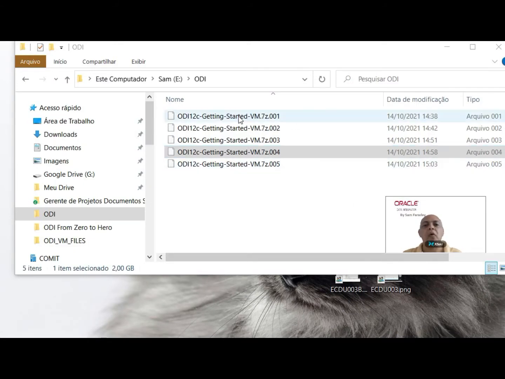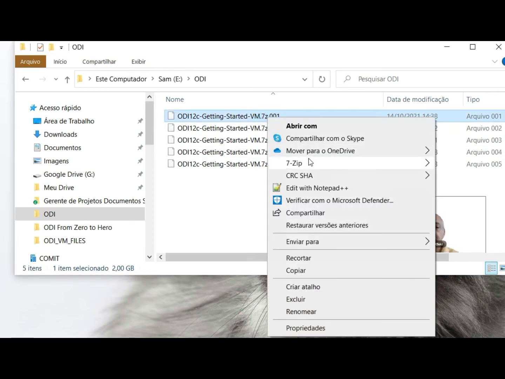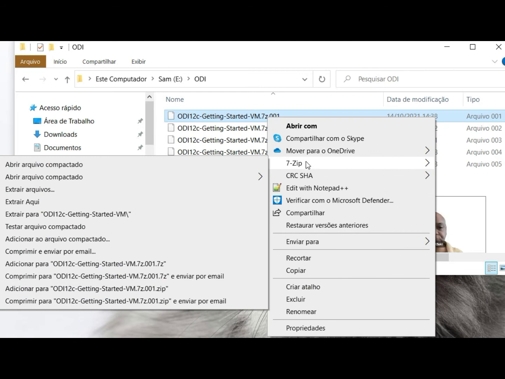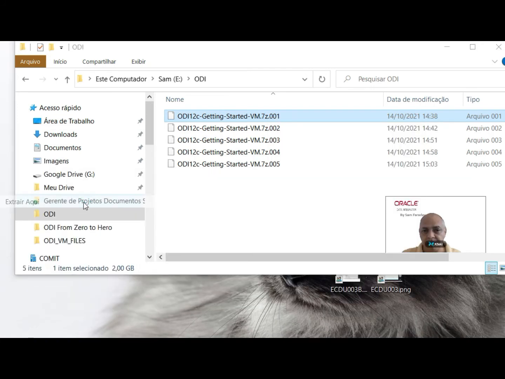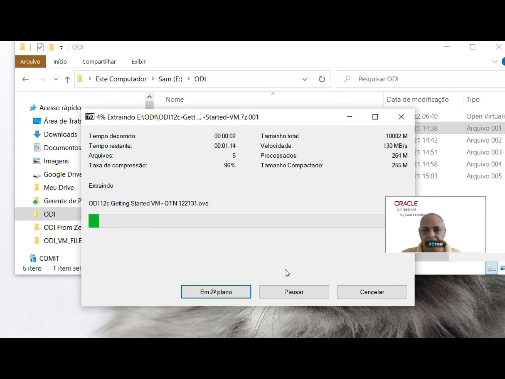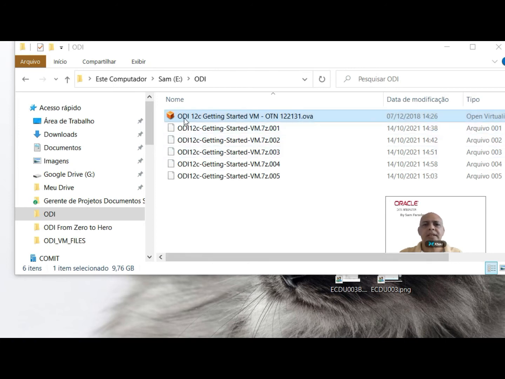Okay, now we have all the 5 files downloaded here. What we can do is, just for the first file, ending in 001, right click it and let's unzip it. I'm going to use 7-Zip, and then just say Extract Here. Once it is done, you're going to see the ODI 12c Getting Started Virtual OTN 12.131.ova file. And what we have to do now is